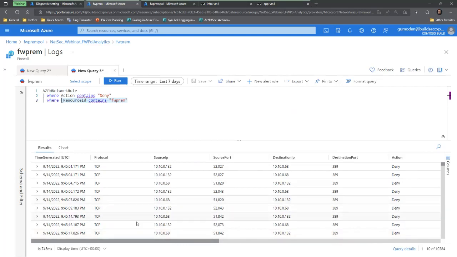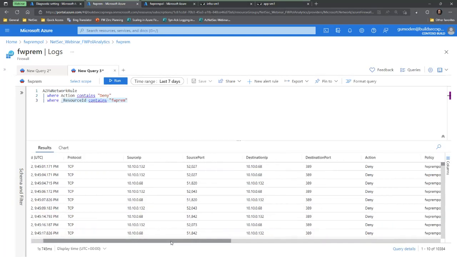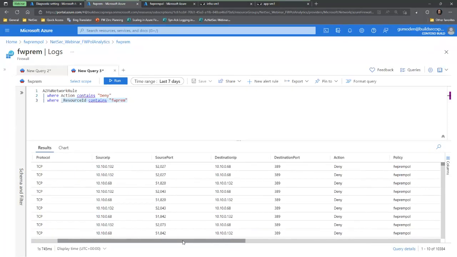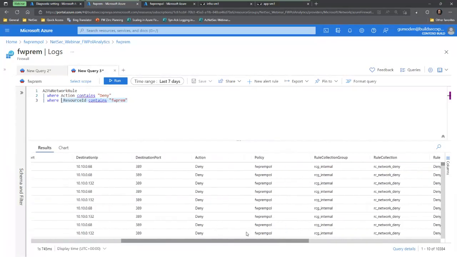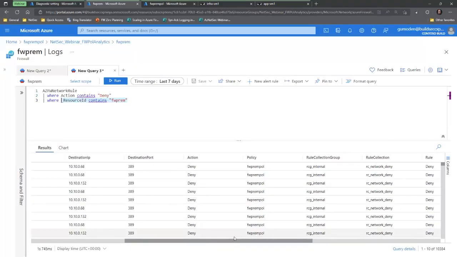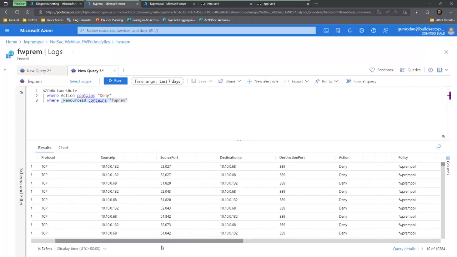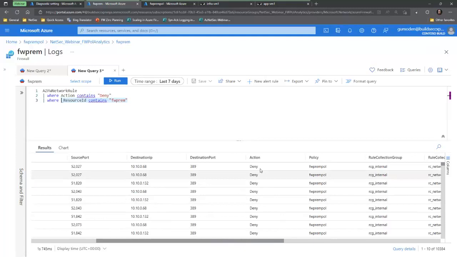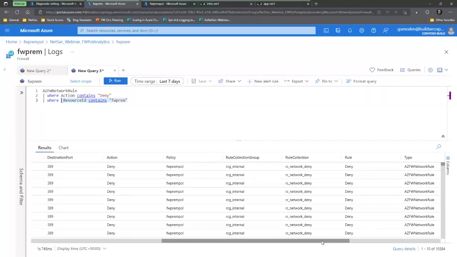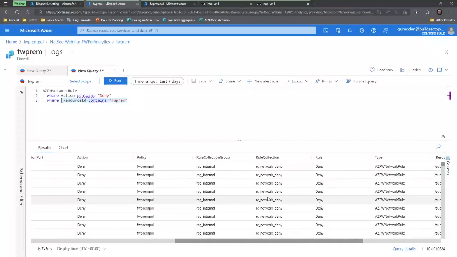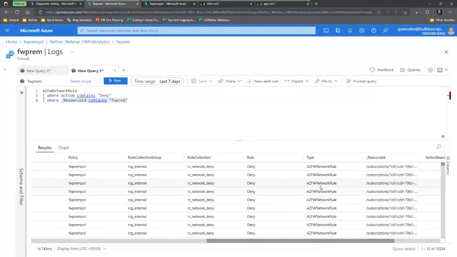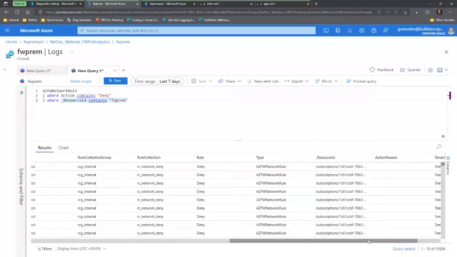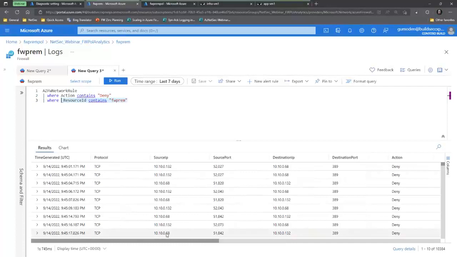So if we see here, right, we don't have the MSG_S column showing all the data within one single column, right? We have different columns, one for each piece of information. So we have source IP, source port, destination IP, destination port. We can clearly see the action here, and then also the name of the policy and the name of the rule collection group, rule collection, what rule within the rule collection, the type of rule, and resource ID, right? So I know exactly. In this case, I don't need to run a parse to be able to see it